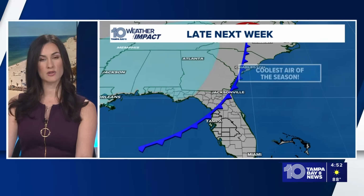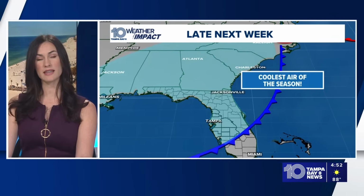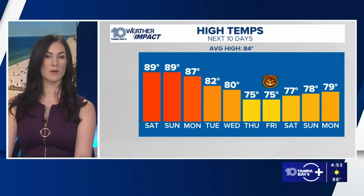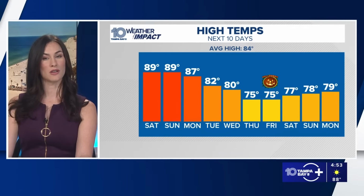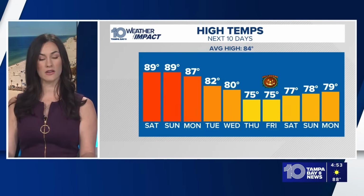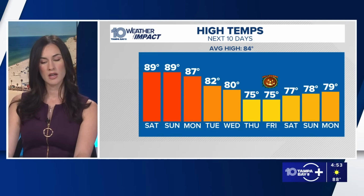And then moving into late next week, we have some of the coolest air of the season that will make its way here. Check this out. The high temperatures are going to be about 10 degrees below average by the time we get into the day before Halloween, us Northerners call it Mischief Night, and Halloween itself. These are daytime highs. So these are usually temperatures 75. That's usually what our temperature is in the morning, right? So, and lately our mornings have been pretty comfortable too. Speaking of